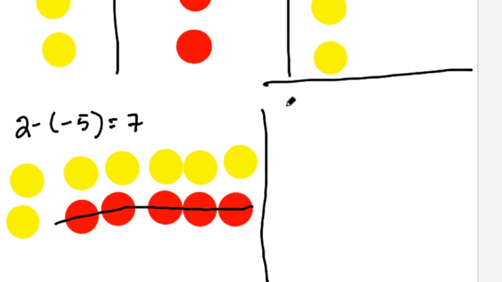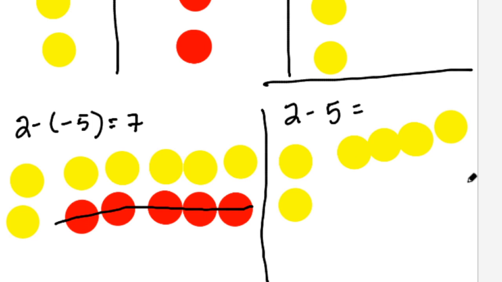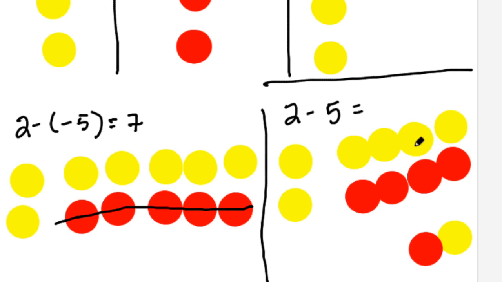And now in this open space here, let's add in our last problem, and let's make this 2 minus 5. All right, we're going to start off with the yellow because we have a positive 2. So 1, 2. And then it's saying remove 5 positives. Well, we don't have 5 positives, so we're going to go back to the zero pair. We're going to use zero pairs to give us some more chips to work with. So I'm going to do 5 zero pairs. So let's do 1, 2, 3, 4, 5, and then let's add in the red. 1, 2, 3, 4, 5, and again all this represents 0.